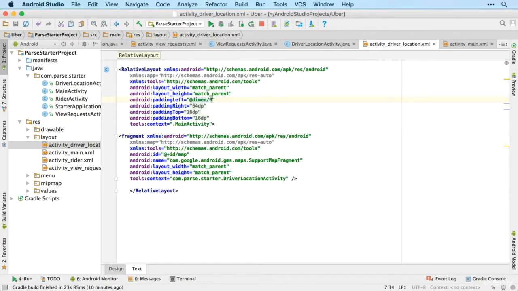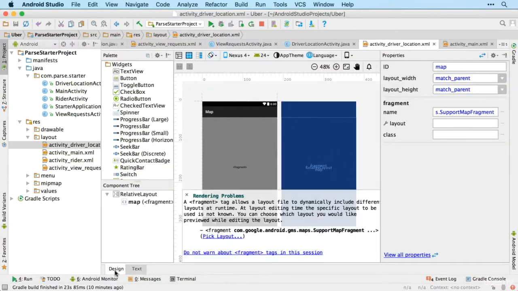I'm going to set all the paddings to 0 dp, so we go all the way to the edge of the screen. There we go. And we'll change the context to driver location activity. Okay, so now our map is contained within the relative layout,